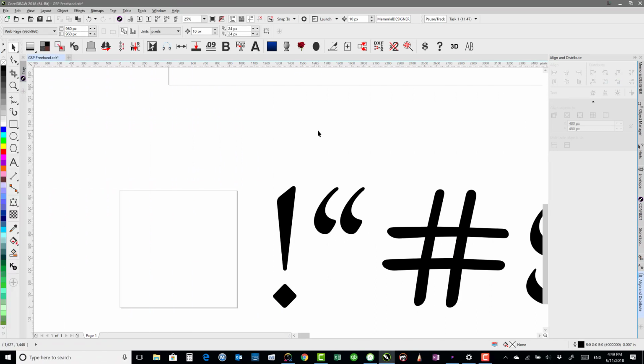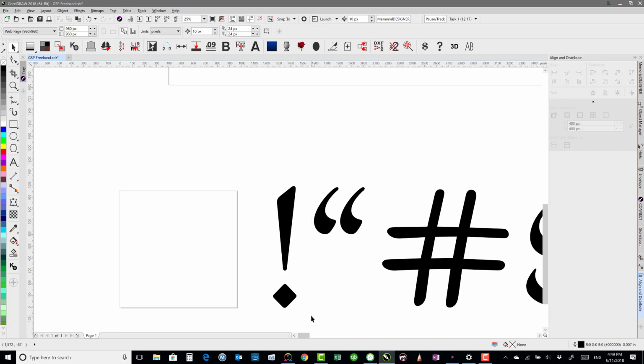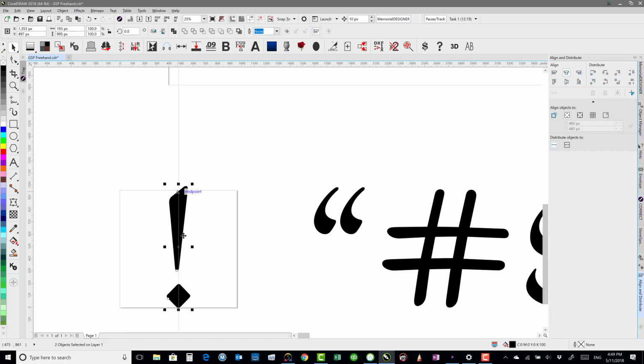I also wanted to show you a possible place where you might find an error, and that is, for instance, on these quotes. If I grab those, I have not combined these again since I restarted, so we've got one quote and another one. If I grabbed both of those and moved them to center, you're going to see how it turns into one quote, right? So you would obviously notice that there was something wrong there with quotes, but if it was this one, for instance, I'm going to break that apart and move them to the middle. You can see how it stays on center, so you're not going to necessarily notice that there's going to be a problem